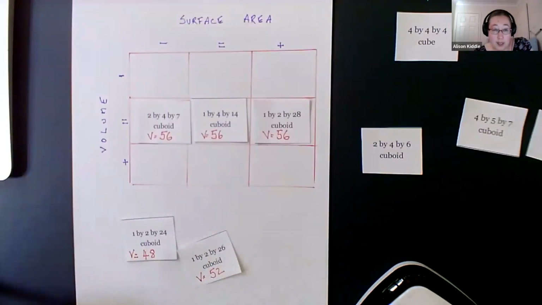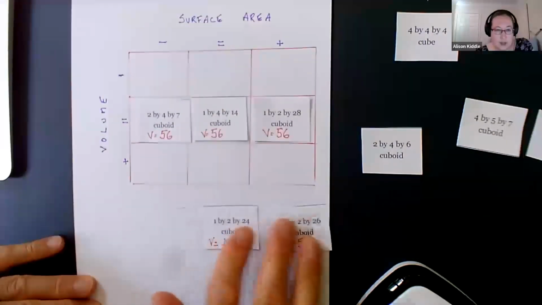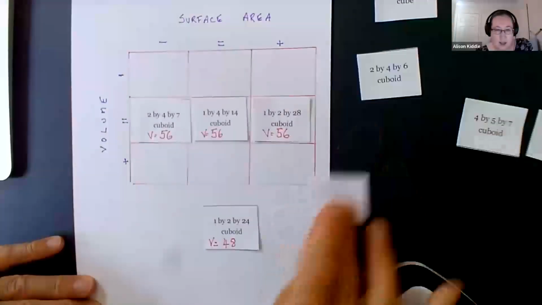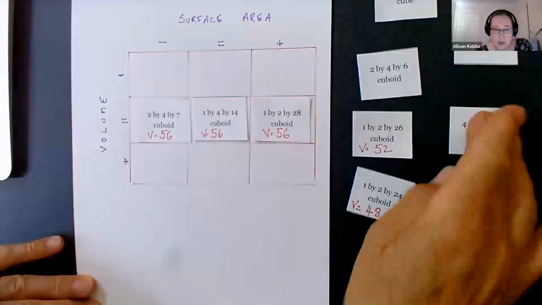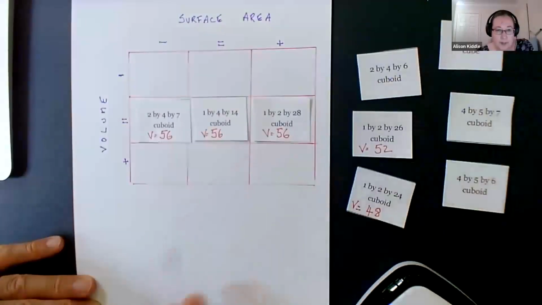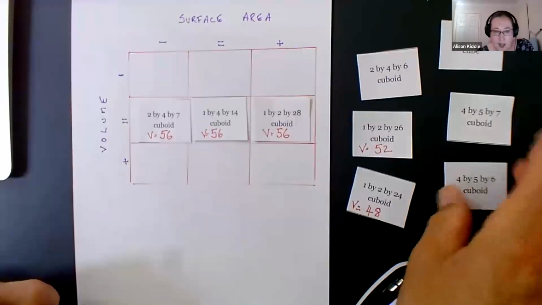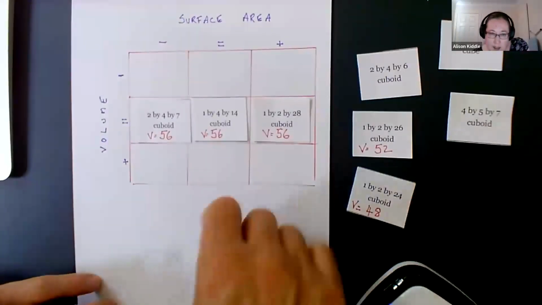I am going to have to work out some surface areas at some point though, aren't I? Because I need to work out the ones that have equal surface area to each other. And I don't think I've got any good intuitive ways of thinking about that. I know that 4x5x7 and 4x5x6 both,